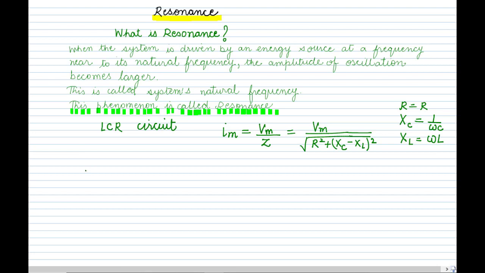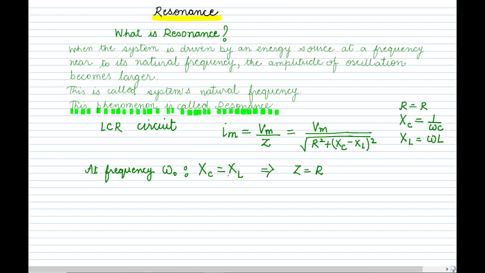So we take any particular frequency, say for example omega naught. At this frequency the capacitive resistance and inductive resistance become the same. If these two become the same, that means XC minus XL will be 0 because XC is equal to XL. So our impedance becomes R only. That is the minimum value of the impedance. So if we calculate Z in this condition when XC is equal to XL, then Z is equal to under root of R square, that means R. So our impedance reduces to simple resistance.